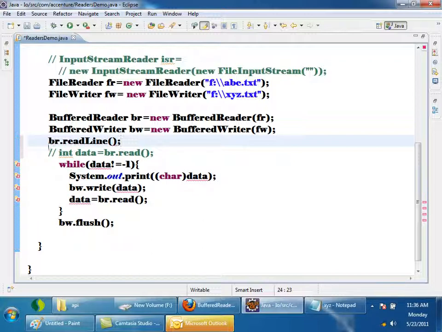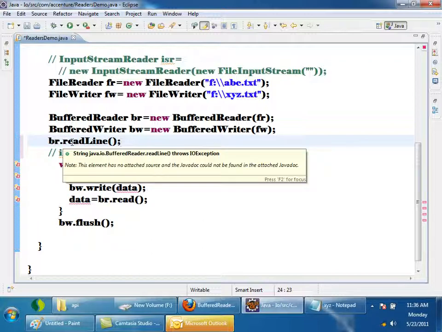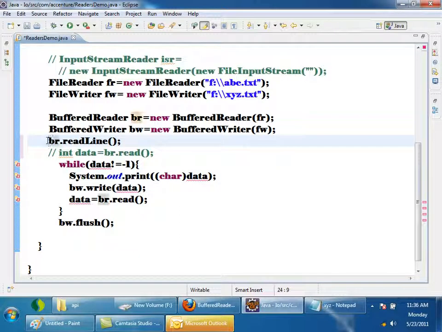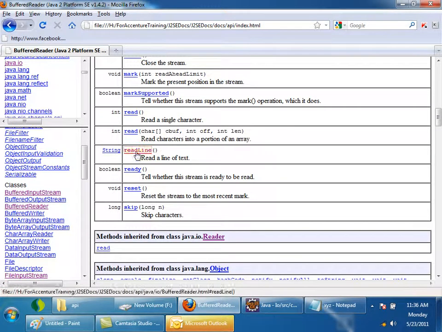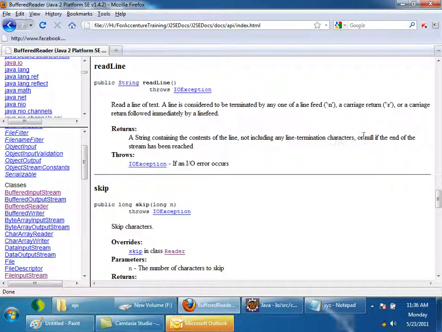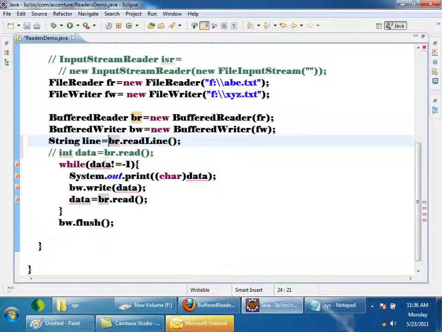What is readLine returning? If I keep my cursor here, it is returning a String. So String line is equal to one line read. As I saw from the documentation, the readLine method returns null if the end of the stream has been reached. So instead of checking for -1, I have to check for null.